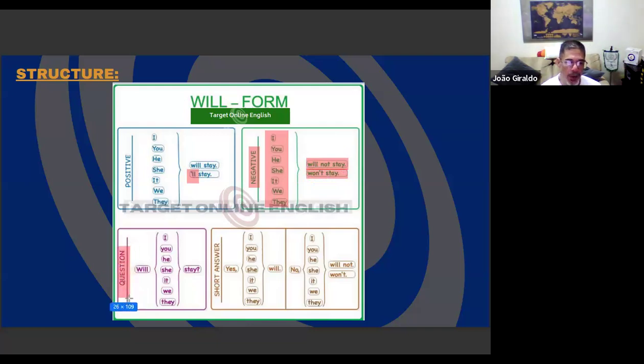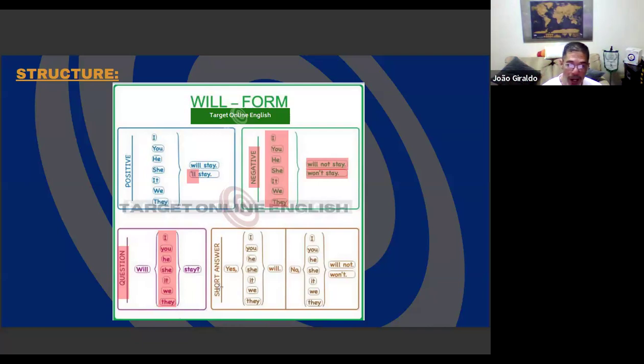In a question or interrogative sentence, simply invert the position: start your sentence with will. So will, then you use the subject of your sentence and the verb of action. Will I stay? Will you stay? Will they stay? Normally, no conjugation, no variation of the verb for he or she, equal to the simple present. In future, no variation: subject, will, and the verb. For every pronoun, no differentiation.